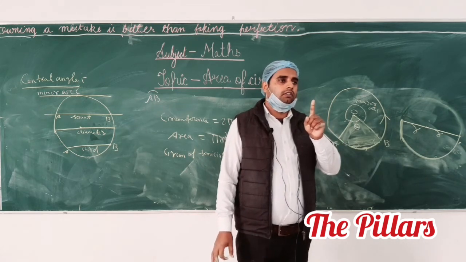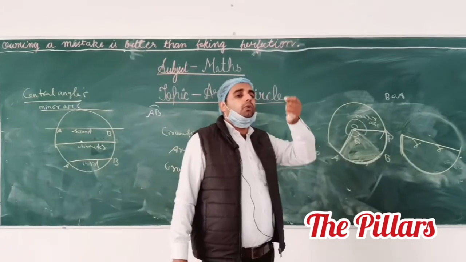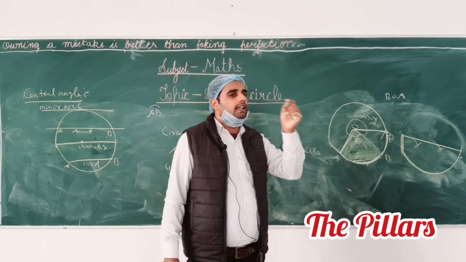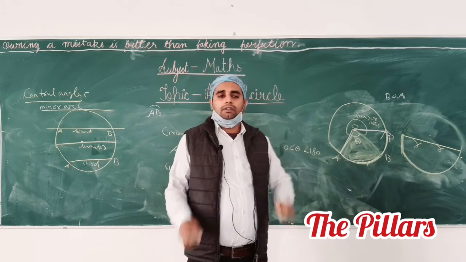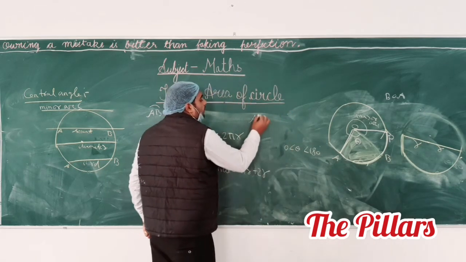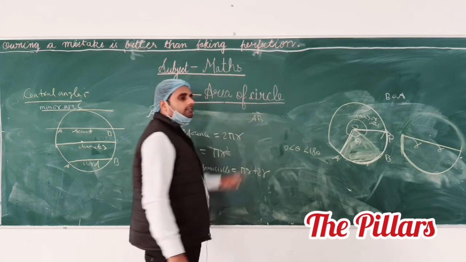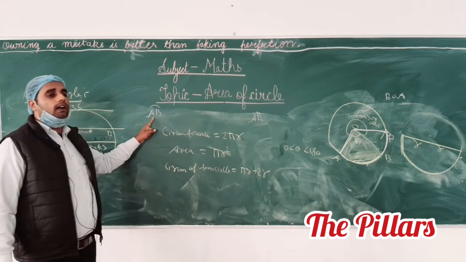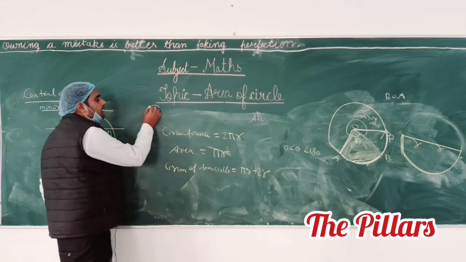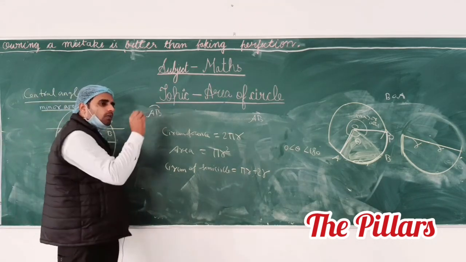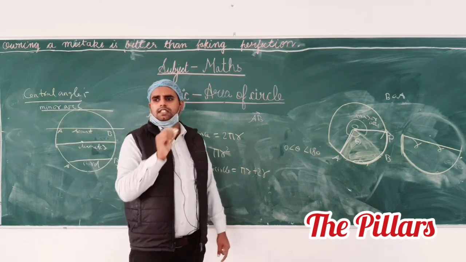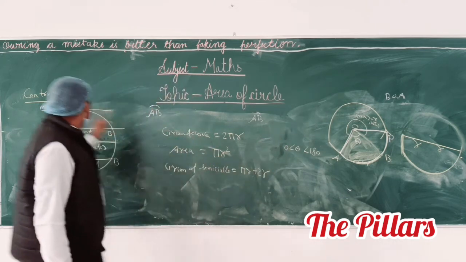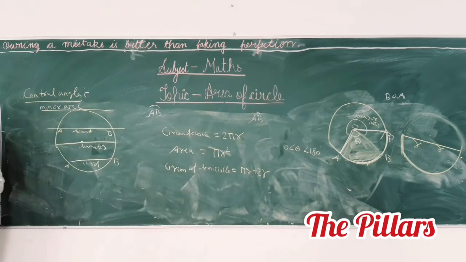Whenever you read physics, you have to mention the scalar and vector representation. If I say this is AB, with an arrow, this is the representation of a vector. In the same way, if we have to mention the arc, you write AB like that. Half circular portion, less circular portion, this is the representation of an arc. Till central angle, does anyone have any problem? Write down minor arc.